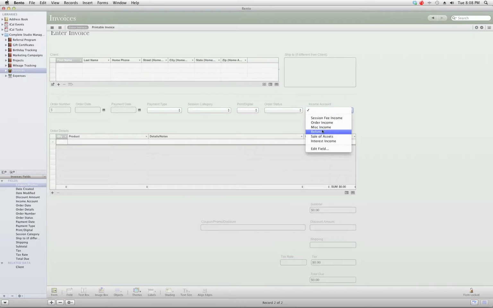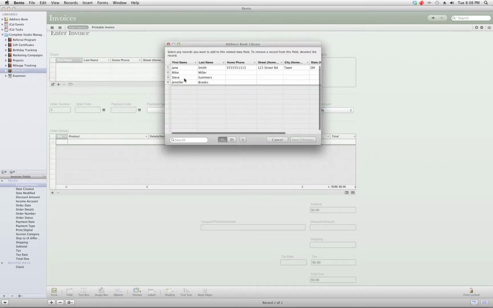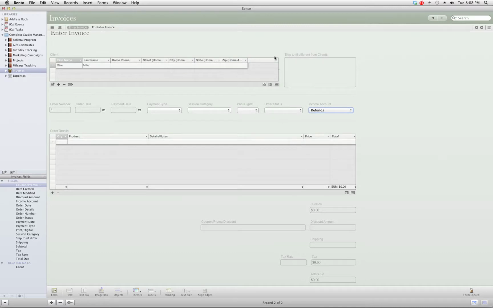Let's say for some reason you had to give a refund. This is also your income tracking for taxes, and your invoices and income are the same thing. Let's say I had to give a refund to Mike Miller. Maybe, I don't know, you overcharged him or whatever the reason. You enter your date, the payment date. It wouldn't necessarily be a payment type because